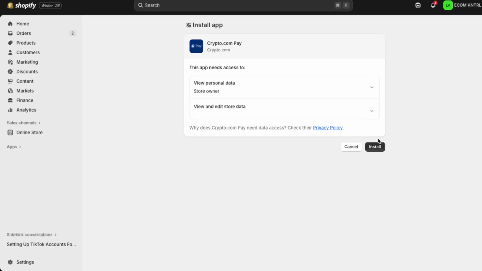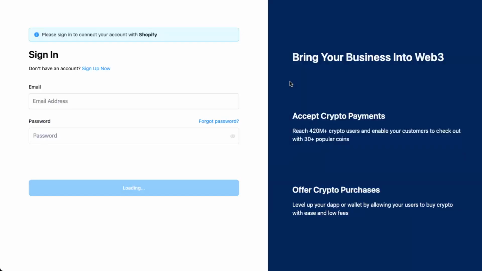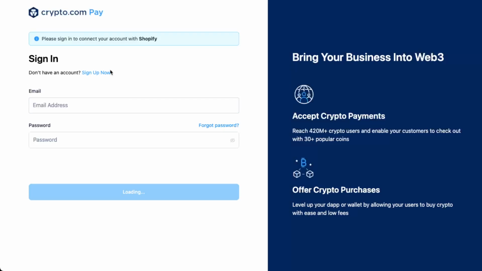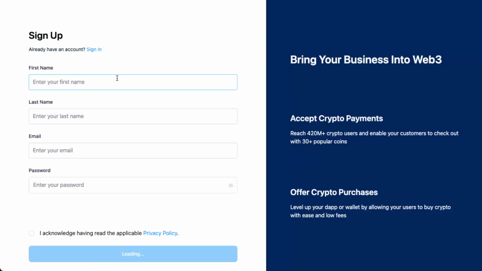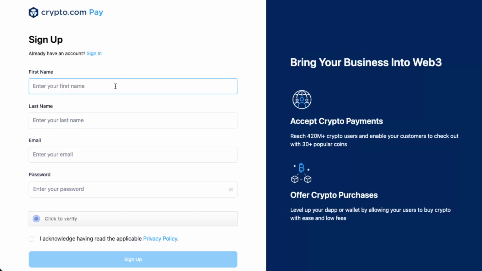You'll now be redirected to the provider's page. If you don't already have an account, choose the Sign Up Now option. Follow the quick sign-up process they provide. This usually involves creating an account, verifying your email, and possibly completing some basic business verification, depending on the provider. Once your account is created and connected, you'll be brought back to Shopify, and USDC will appear as an available payment method at checkout. Your customers can now pay using USDC, and those payments will flow into your